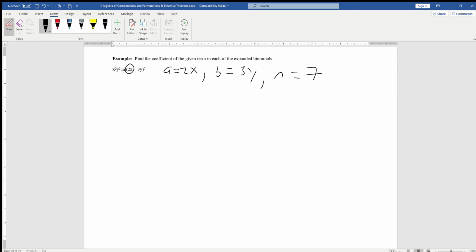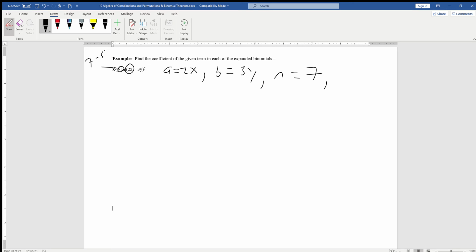And this works really nicely because all the terms are linear. If we want to figure out what that term is, we also have to say what k is. K in this case is going to be 5 because that's the exponent affixed to the second variable. And it's pretty clear that 7 minus 5 is going to give us the 2 for the x squared